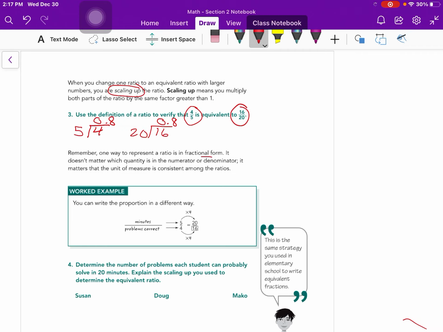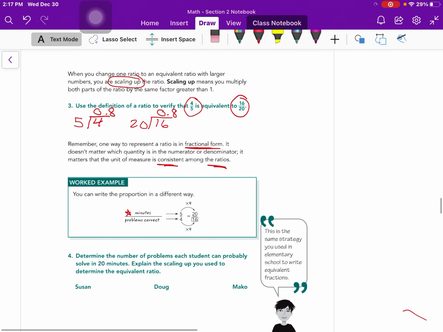Remember, one way to represent a ratio is in fractional form. So we're going to stick around in fractional form for these. It doesn't matter which quantity is the numerator or the denominator. It matters that the unit of measure is consistent among the ratios. If you're talking minutes on the top, keep talking minutes on the top the whole way through. Problems correct on the bottom, keep that consistent all the way through. Okay,